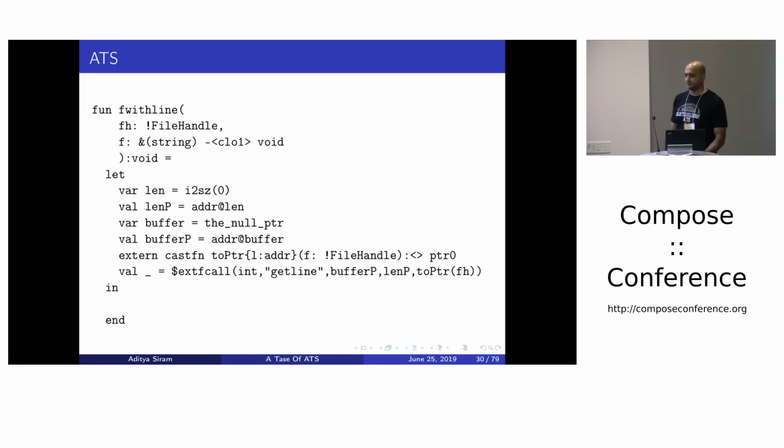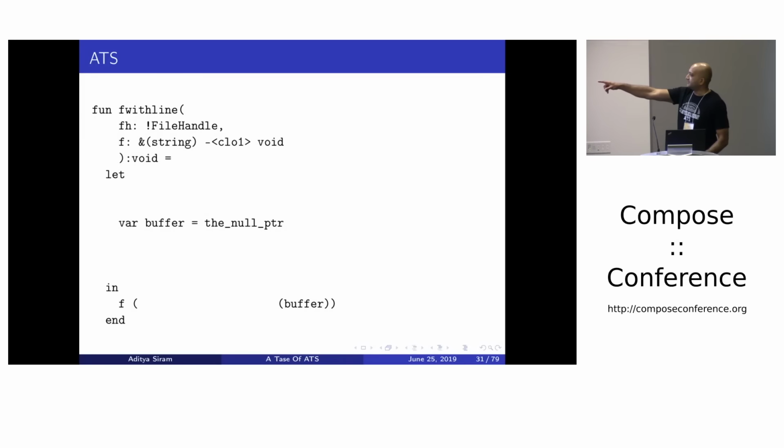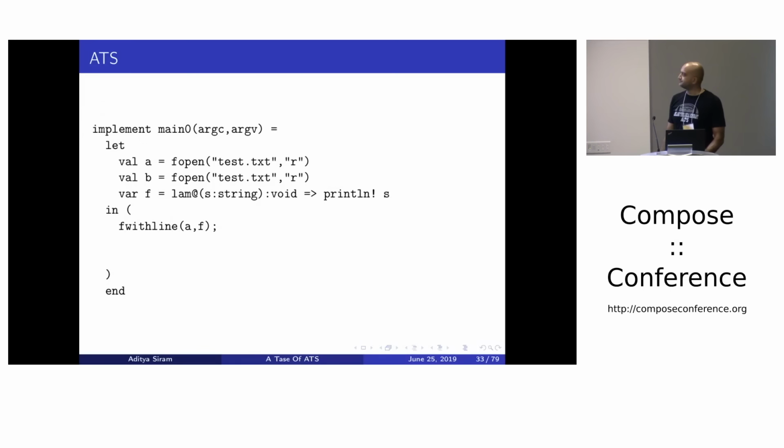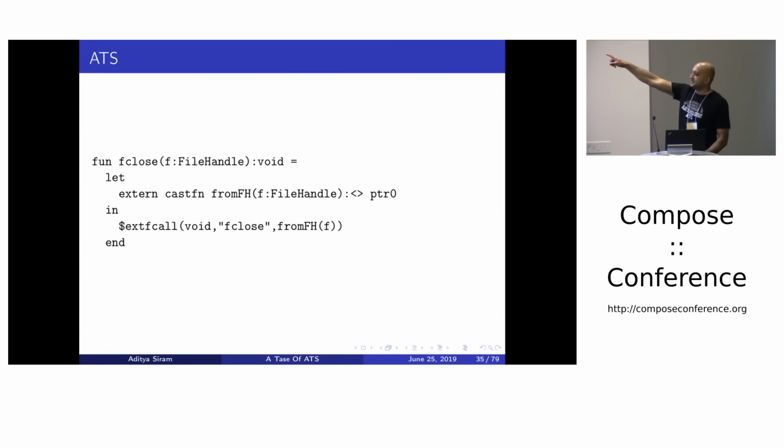And it's a cast function, which again is extern for some reason. And we're calling f on that buffer. It was a null pointer. Now it has a line inside of it. We cast it to a string, and f does whatever it needs to do with it, which in this case is print it out. All it does is print the line. And then we call Fclose, which again, just like fopen, is an external foreign function call to Fclose in exactly the same way, converting a file handle to a pointer and then passing it along and returning a void. This consumes the file handle,